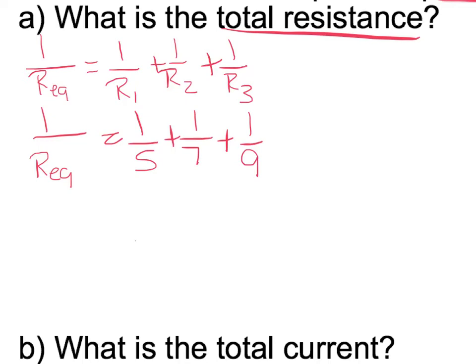With this many fractions, the simplest way to add them together is to convert them to decimals and then add the decimals. We could leave them as fractions, but the more fractions we use, the more difficult it becomes to find a common denominator. And we know we cannot add fractions if they don't have a common denominator. So for this problem, that gives us 1 over the equivalent resistance is equal to